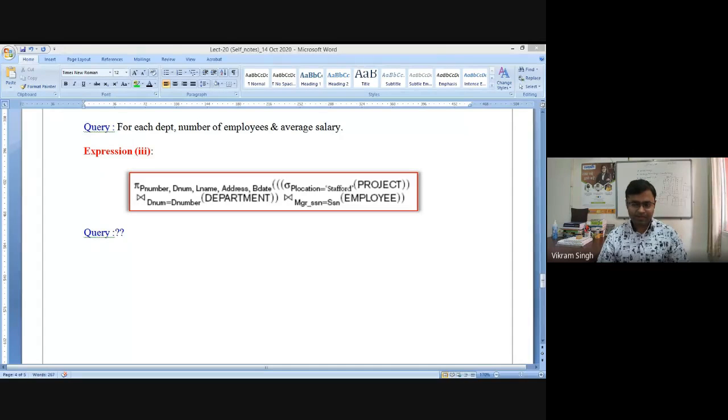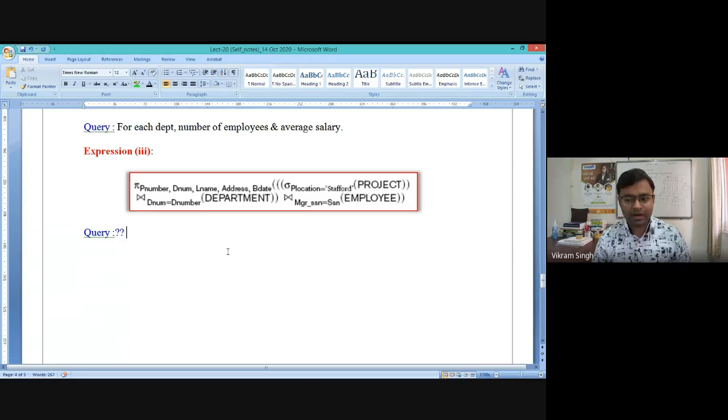Yes, we can try. Whenever we have this kind of expression, you need to see the innermost part, right? Here the innermost part is a condition on the project table, where P location equals Stanford. From this innermost expression, all the projects having Stanford as a location will be selected. That's one thing. After that, we are extracting